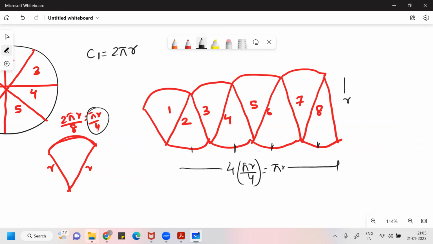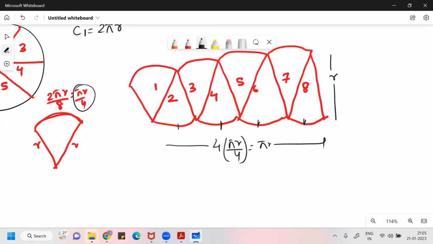And what is this? This is nothing but r. So if you think what is the area of this, assume this like a rectangle. Although it does not look like a rectangle, assume this like a rectangle. So what is the area of the rectangle? Length into breadth is pi r into r. So you will get pi r square. So now the question you will say, sir, but it does not look like a rectangle. This wavy part is there, right? You can see the wavy part here.